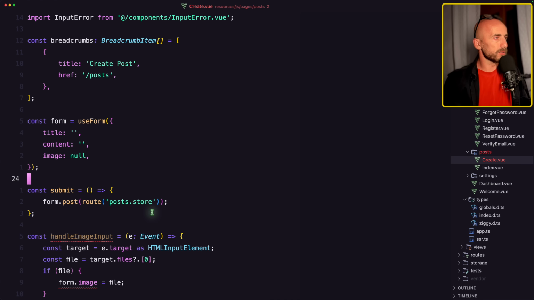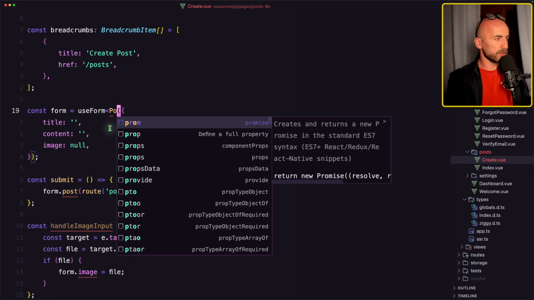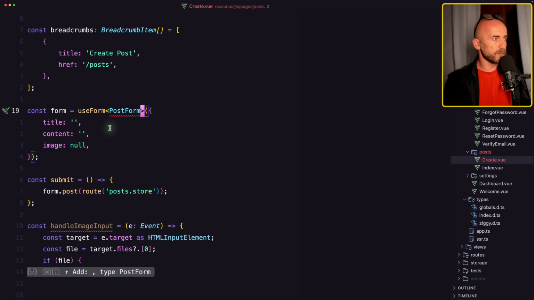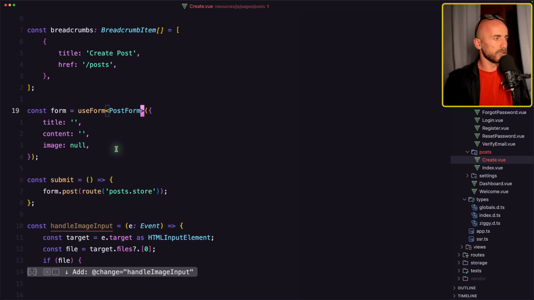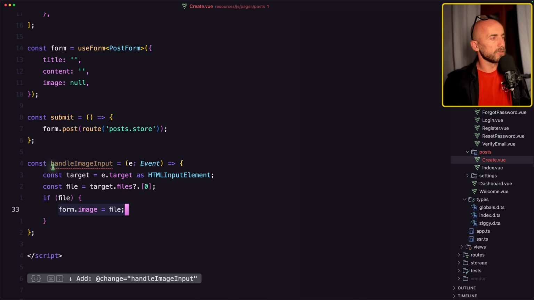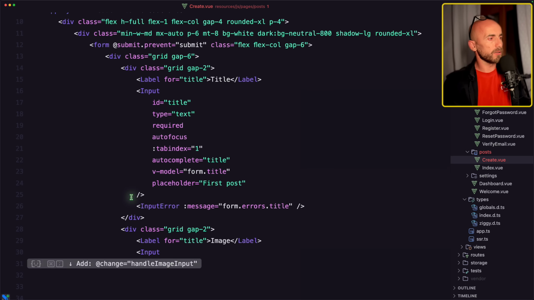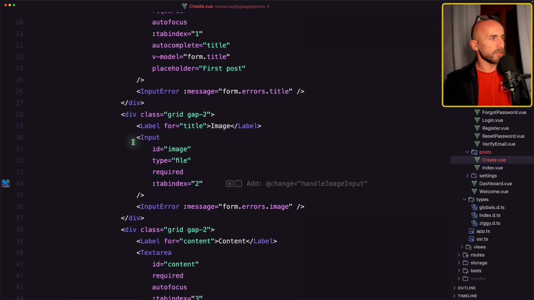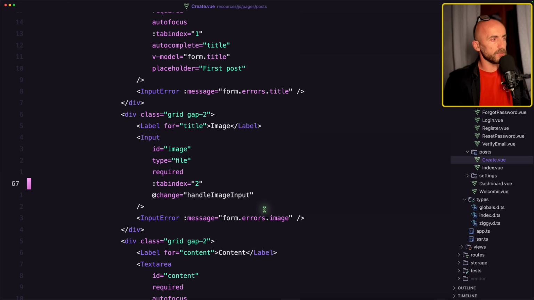Okay, we are good. Now let's use that. So PostForm, and let's import that. And now we don't have that error, just we need to use this handleImageInput when we have the image. Yeah, just add the AI here on change handleImageInput,